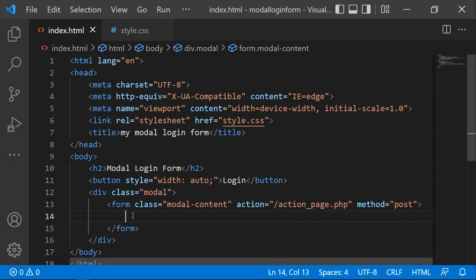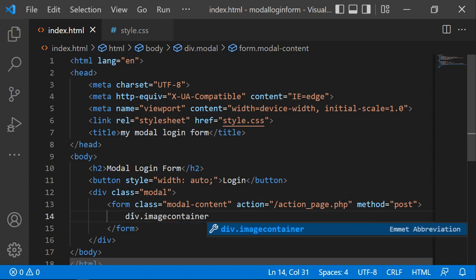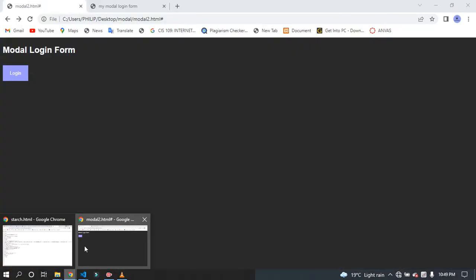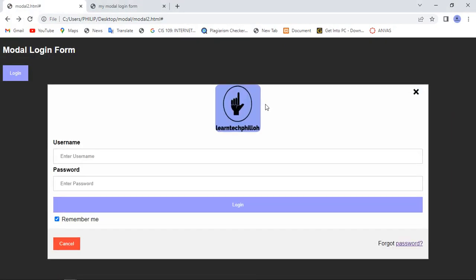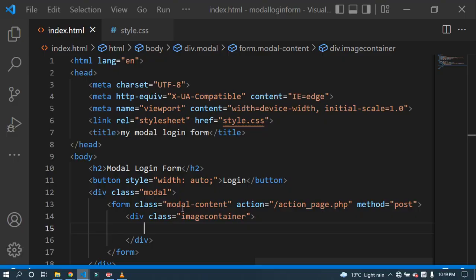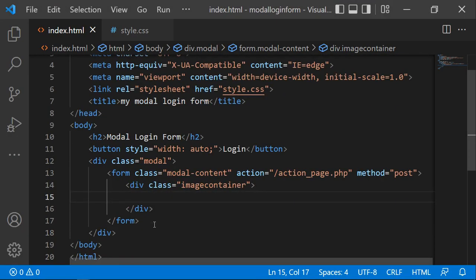Now at this point, you'll have to create your image container. You'll create a div class here, and you can name it image container. Now if you come back here, you'll see that you have your image. So this is a div class. It has a close button, and also it has your image over here. Now we just need to create that, and when you create this div class, first of all we need to create